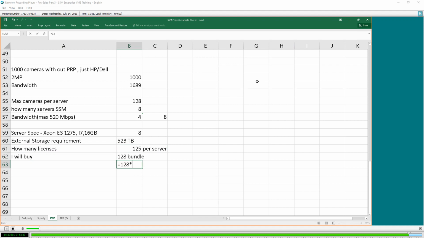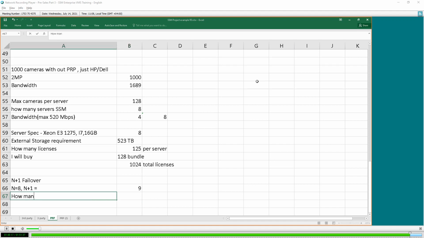So 128 into 8 total licenses. The customer needs N plus 1 failover. N plus 1 means N is 8, so N plus 1 equals, I need one additional, so 9 servers.